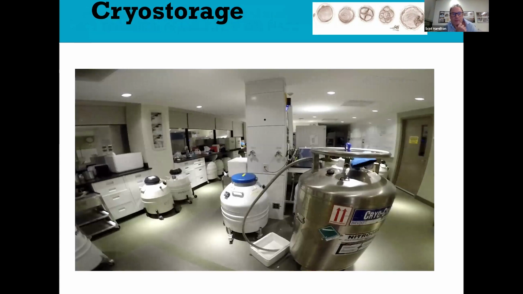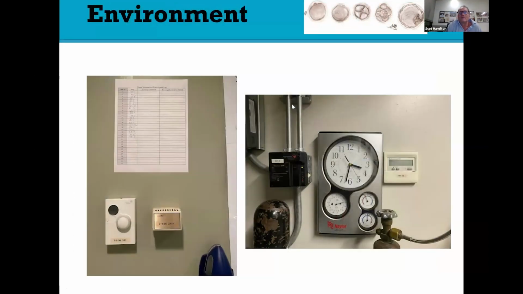Lots of different types of equipment, lots of different places where we maintain embryos. So these dewars have frozen embryos and frozen eggs in them. You have to keep those topped up with liquid nitrogen. They're connected to all kinds of monitoring systems that tell you if the temperature changed and you're not actually in the lab. There's a signaling process and a paging system so somebody can come in and deal with it. There's monitoring the temperature of the room, the humidity of the room, changing gas canisters that supply the incubators.